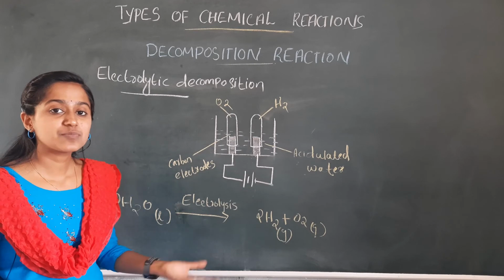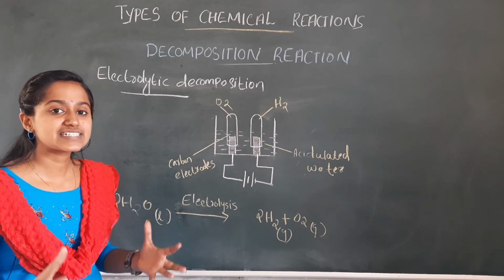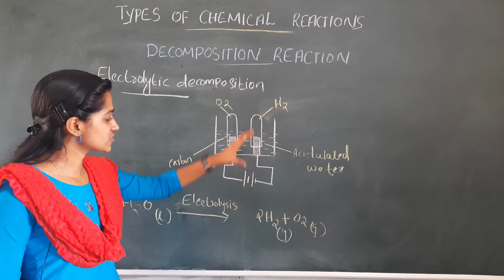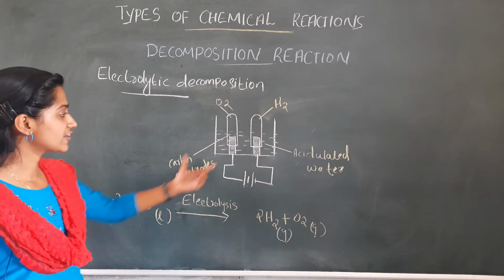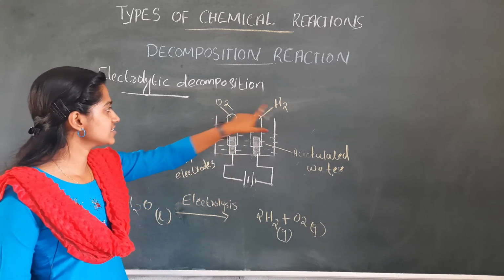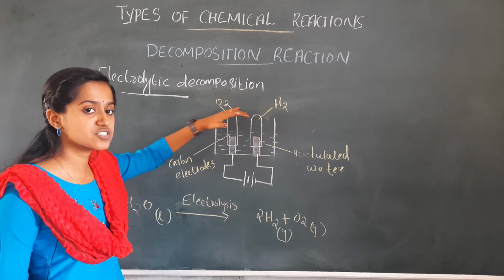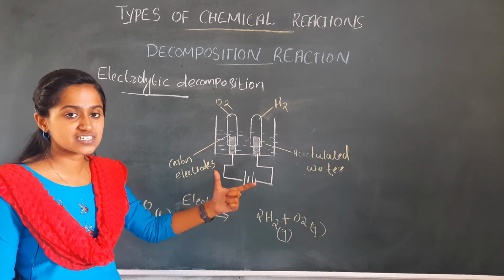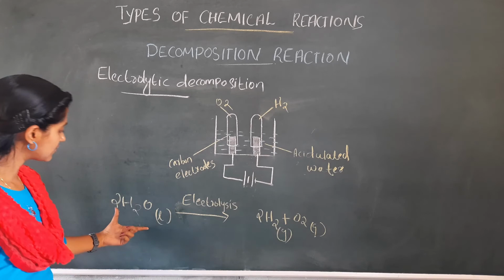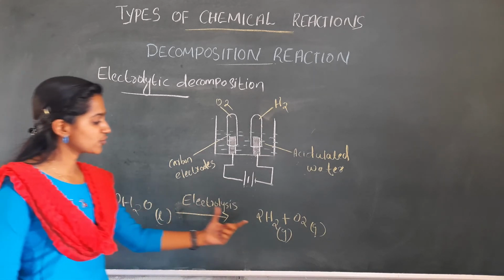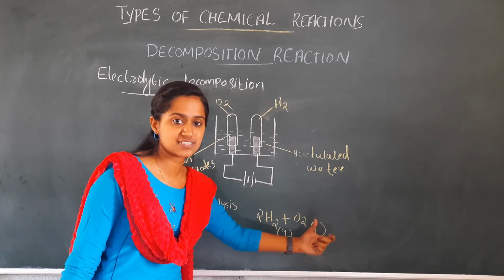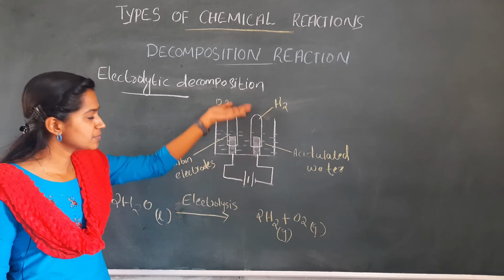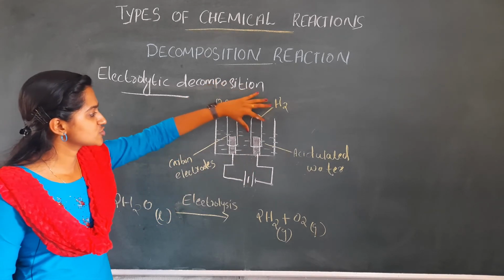We know that water is a poor conductor of electricity. So in order to increase the electric conductivity of water, we can add dilute sulfuric acid solution to the water. When electricity is passed through this acidulated water, the water undergoes decomposition and the corresponding hydrogen and oxygen gases are produced, and they can be collected at the corresponding electrodes. So this reaction is a perfect example of the electrolytic decomposition reaction. Here, due to the presence of electricity, the water molecule undergoes electrolysis to produce the respective hydrogen and oxygen gases. The density of hydrogen and oxygen gases is lower than that of water. That's why they move upwards and we keep the test tubes inverted.